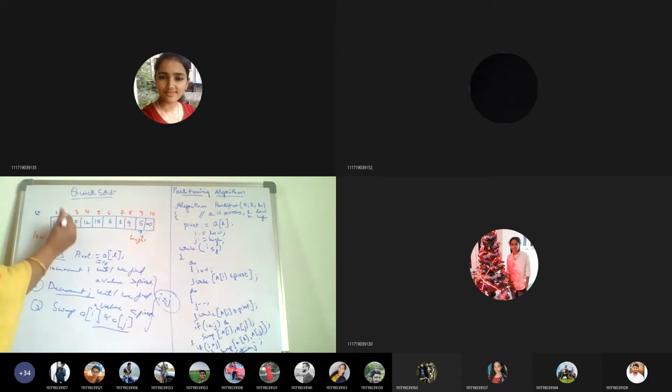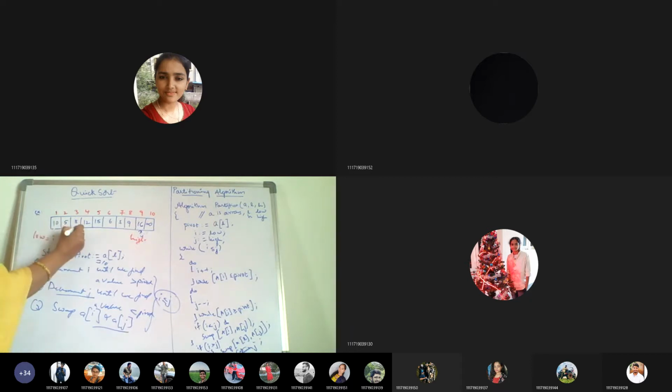So here, what do you get? This 5 you will get. And here, whatever was the value here will move here. So okay, you can clearly make out that smaller values are moved towards the starting of the list and greater values are moved towards the end of the list. So repeat the procedure.